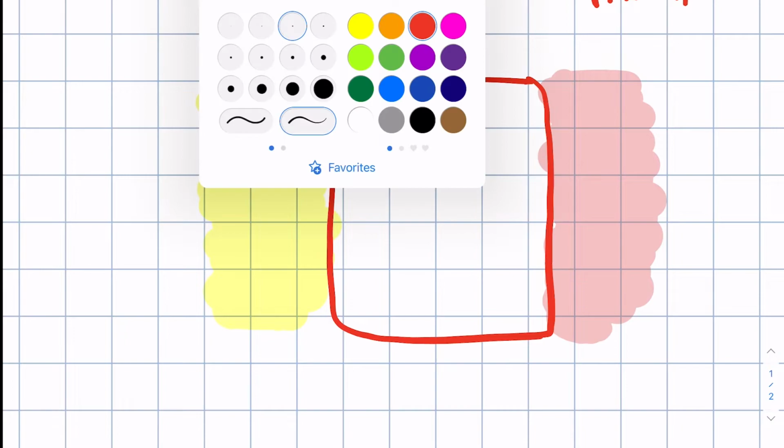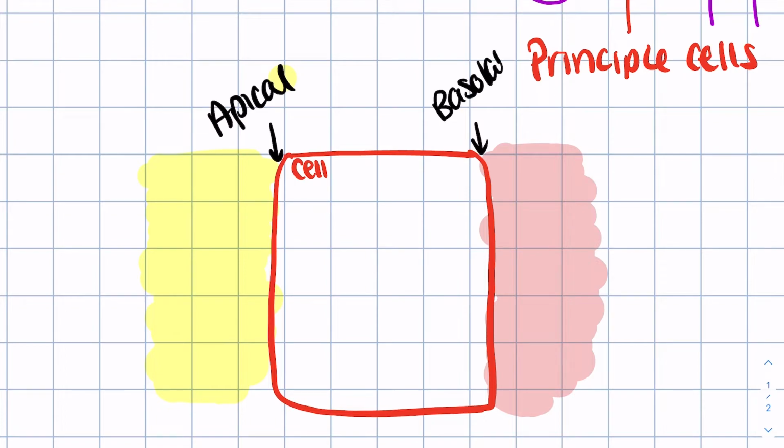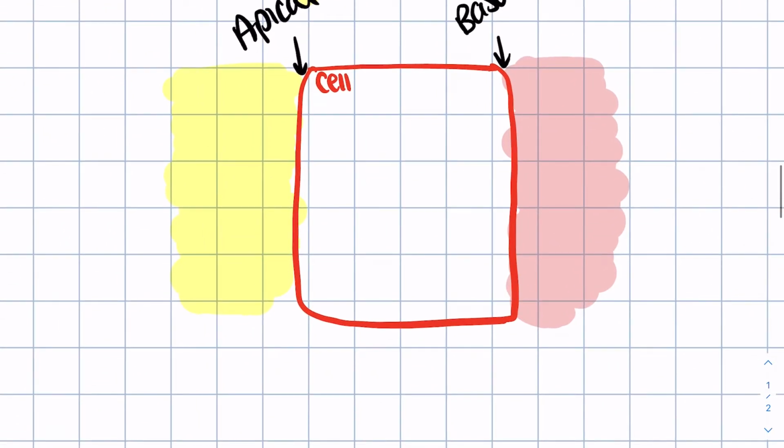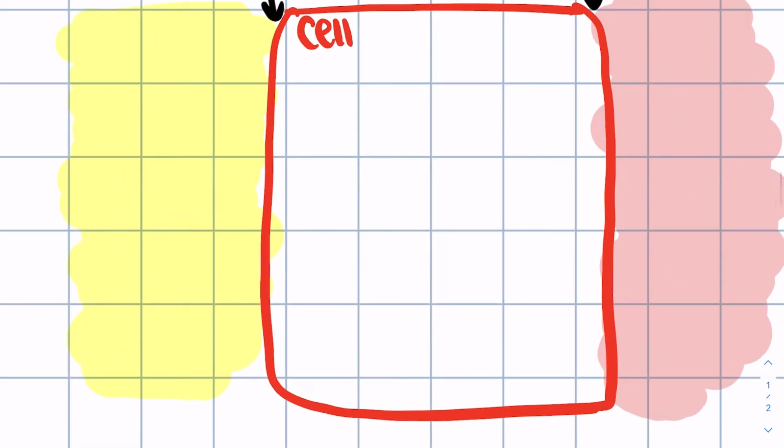So I'll just write that now. This is our apical, and this is our basolateral. Okay, now there are a few important channels in the principal cells that influence the amount of potassium that's excreted or absorbed from the urine. But in terms of excretion, we have an ENaC channel,